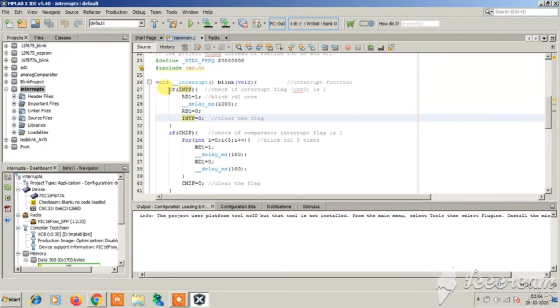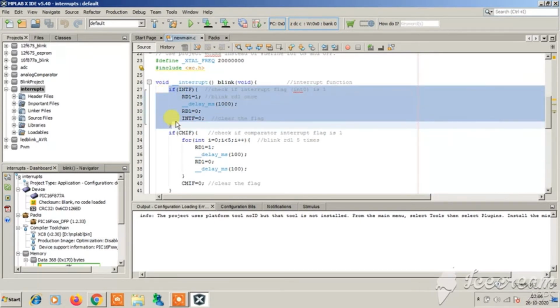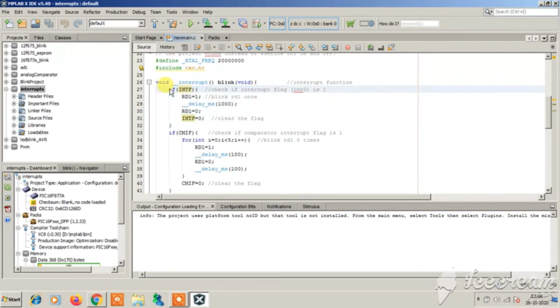So at the ISR you have used if, so it is a polling method. You are basically polling to check whether the INTF bit is set, meaning whether the interrupt has occurred or not. If the interrupt has occurred, then blink the RD1 LED once and then clear the flag.